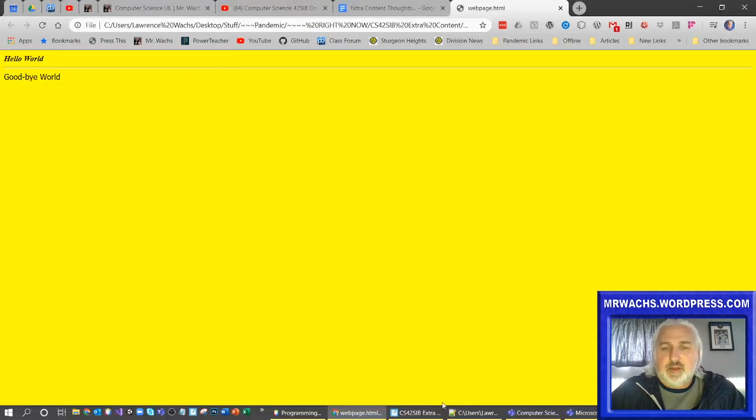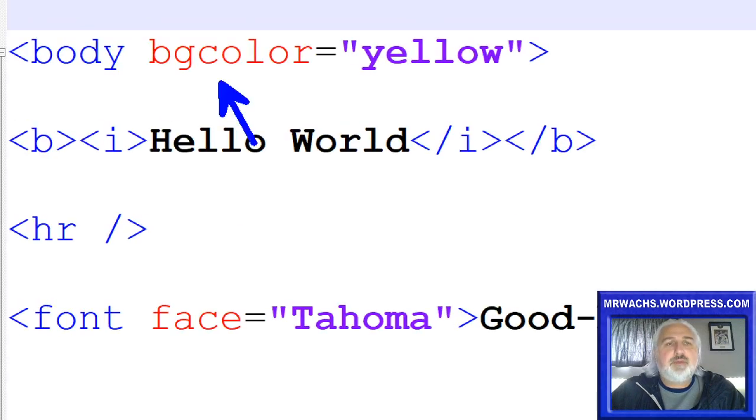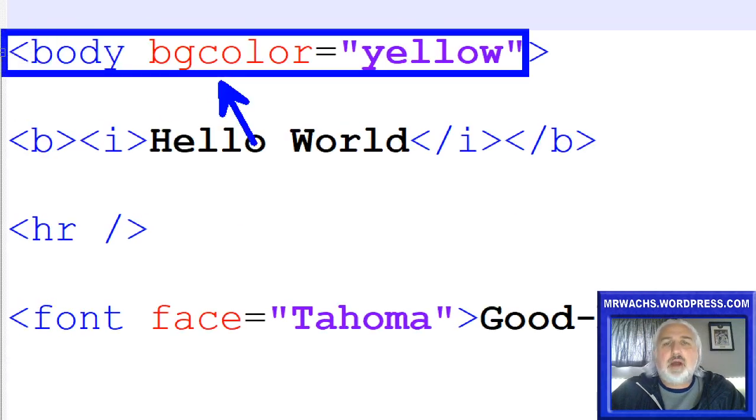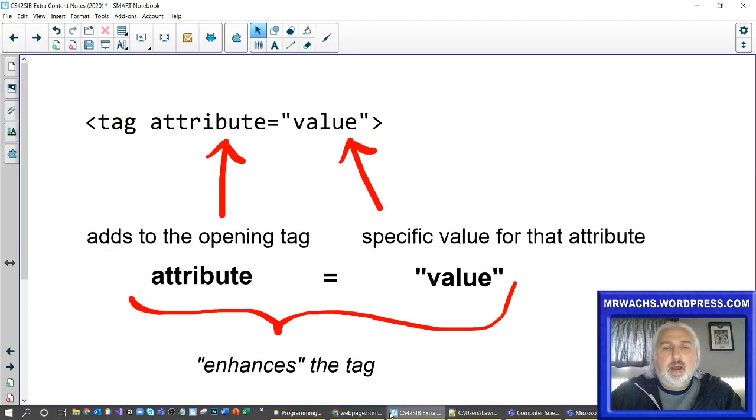We also added one other thing, which is the background color attribute to the entire body of the website. So there are certainly tons and tons more tags that you can start looking at. Tons and tons, and that was actually one of the reasons why originally